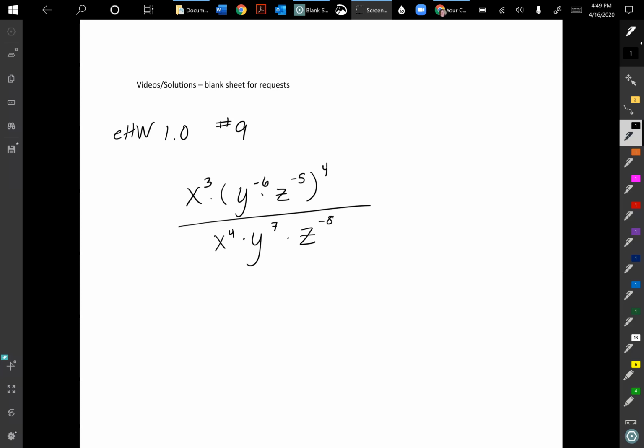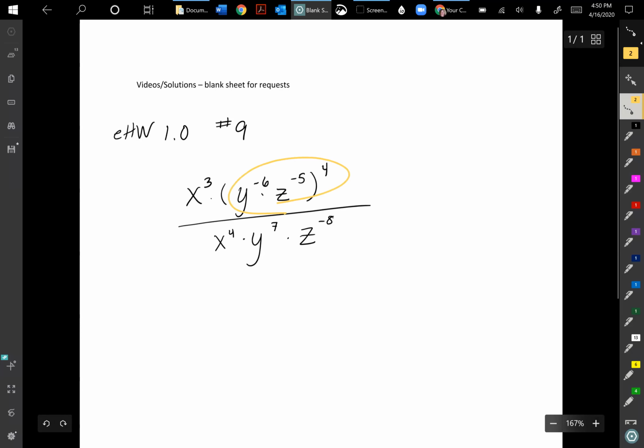If you don't have those memorized, I will post a sheet for you to memorize them easily, if you're kind of rusty on that. The first thing I would do with this one is apply the product to power rule in this piece. So I end up with